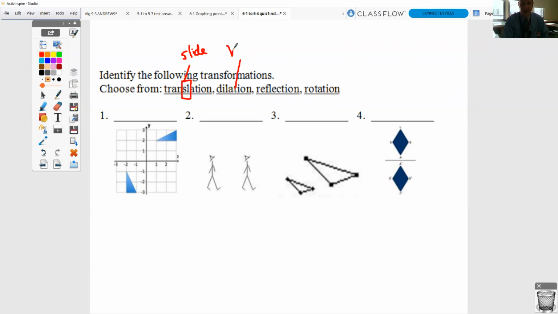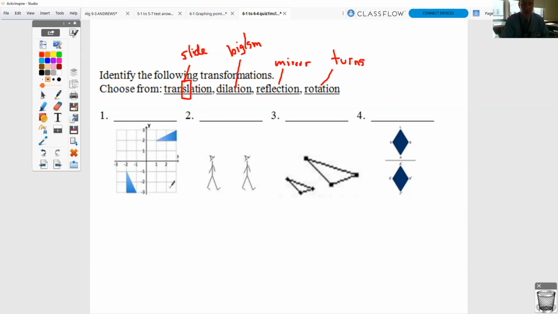A dilation makes things bigger or smaller. A reflection is that mirror opposite image. And a rotation turns a picture. So when you take a look at 1, 2, 3, and 4, you have to decide what is going on